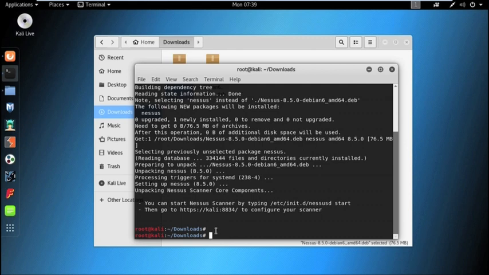Okay, it installed Nessus. So let's start the Nessus service by typing /etc